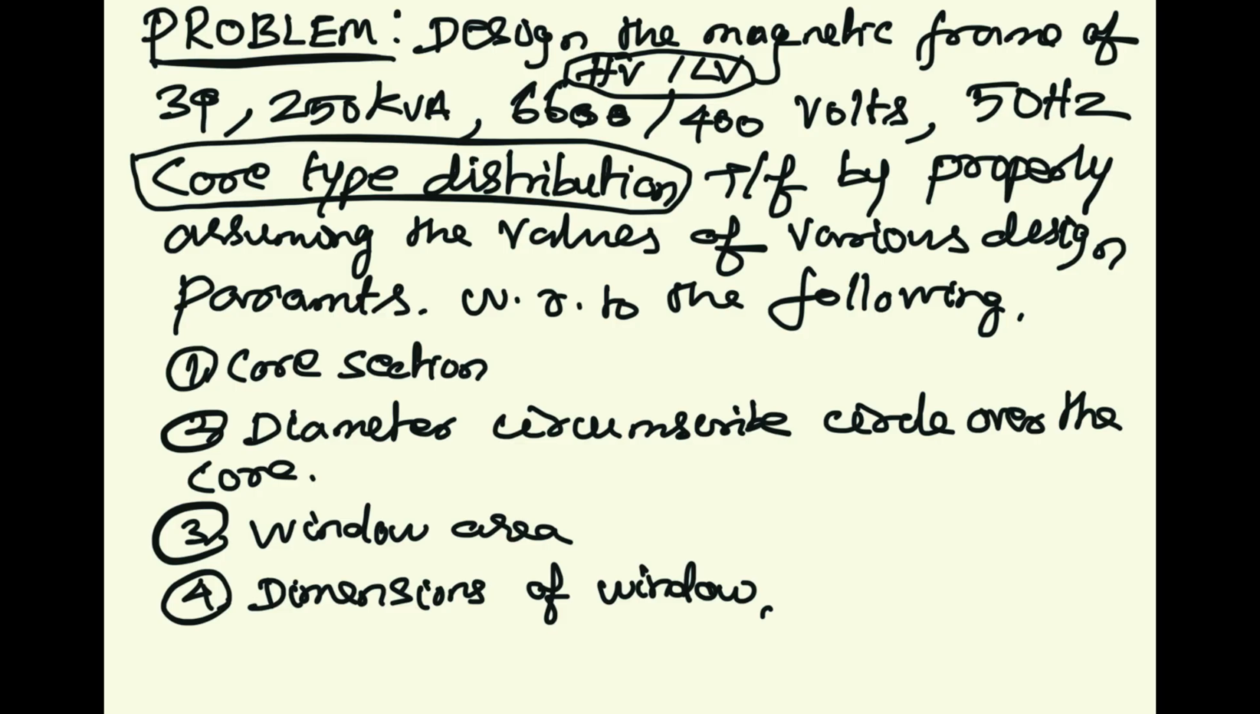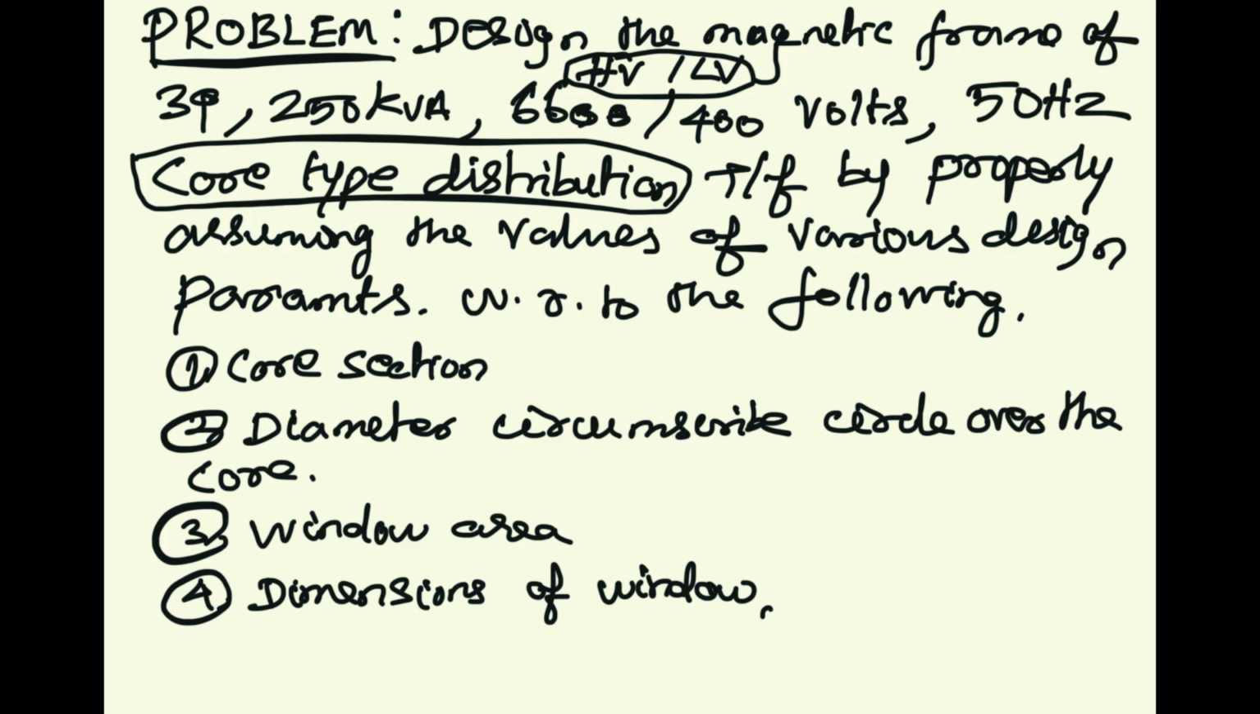Electrical machine design, transformer design. Problem 1. Design the magnetic frame of a 3-phase 250 kVA, 6600 V/400 V, 50 Hz core type distribution transformer by